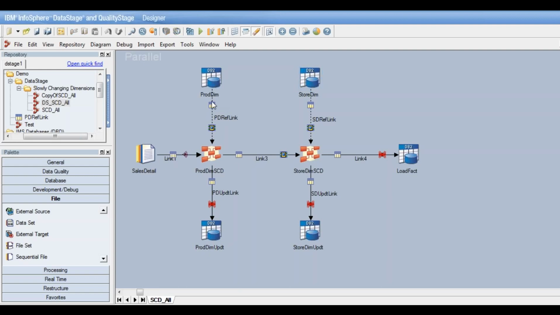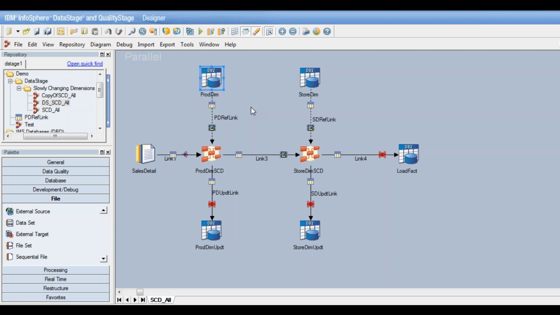So before doing a simple direct reference, taking a direct reference link out of the dimension table, we'll be performing a join on the dimension table. If we are using a DB2 stage, the database stage directly, we'll be simply joining on the business keys and pulling only those records out of the dimension table which are coming in today's data load, because only those need to be considered for all these changes and comparisons. So it is never done that all the dimension data will be read and compared with the little amount of data that is coming in my incremental load.